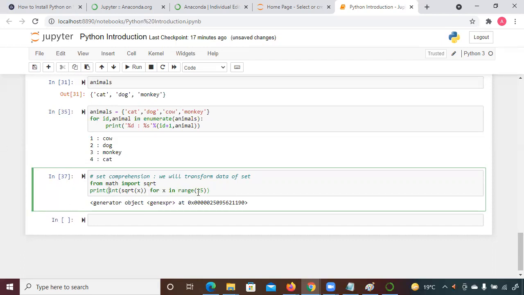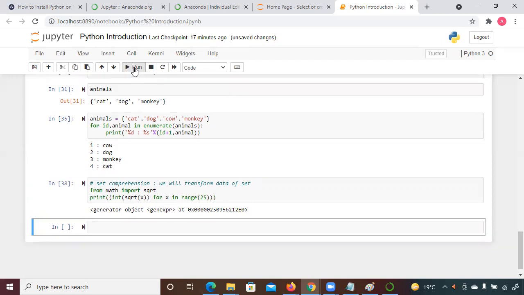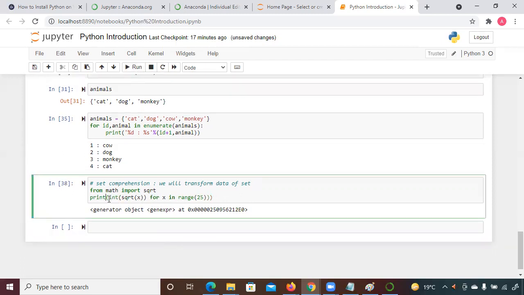Let me check it here. Int square root, closing.